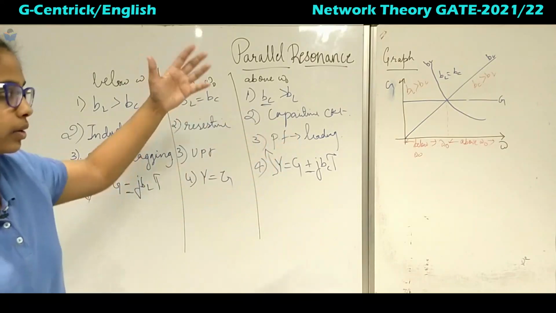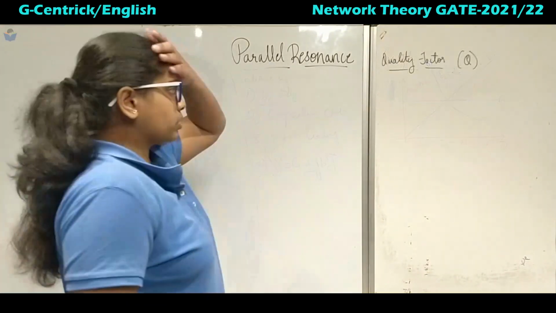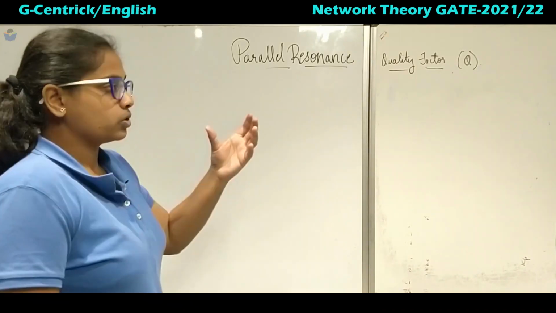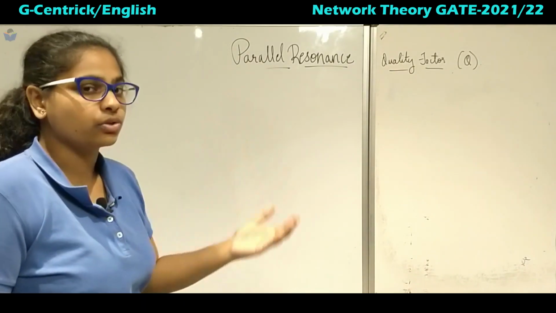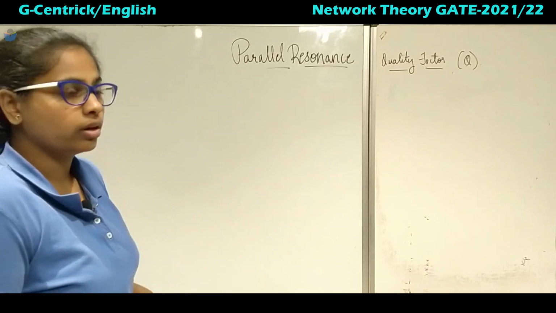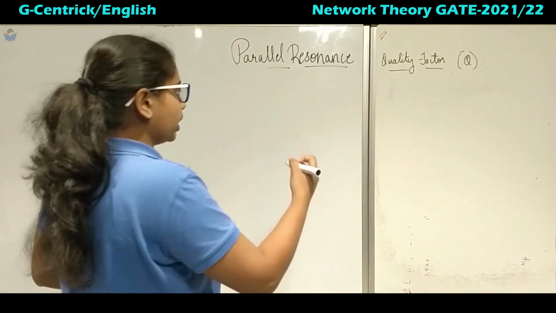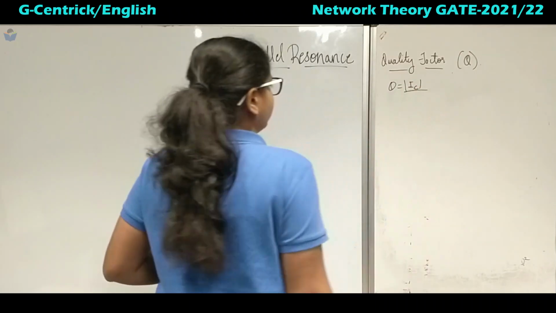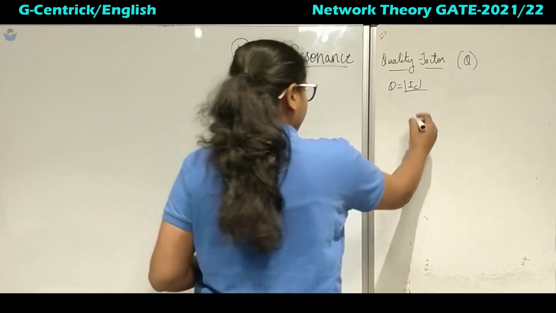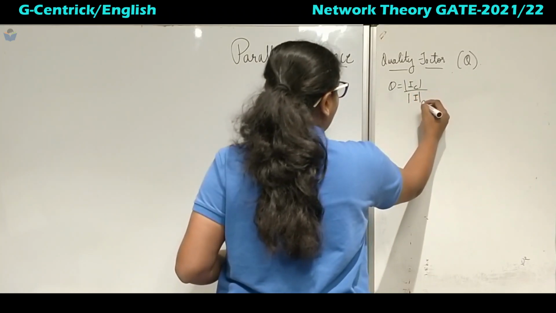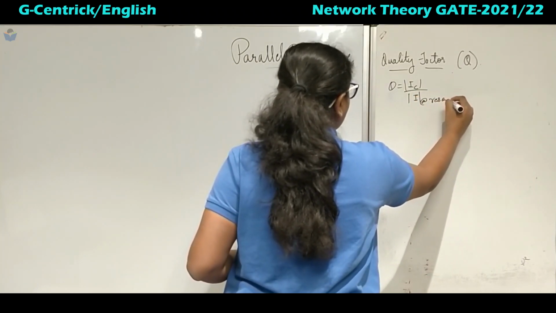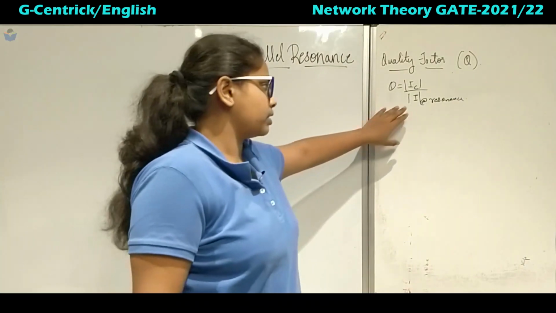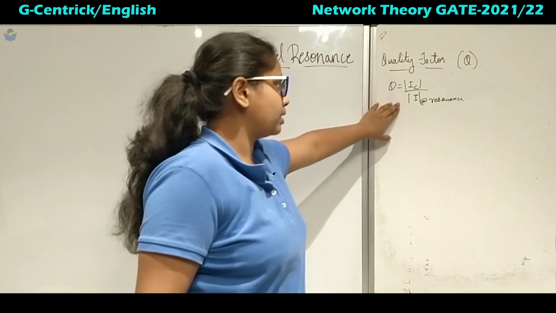Next we will come to the quality factor. We will see what the quality factor is in this case. Here in this source, we were using a current source. In the series resonance, we used a voltage source. So here, the quality factor will be IC, the magnitude of current in the capacitor, to the source current at resonance. At resonance the condition will be equal in the circuit. So this is IC by I.